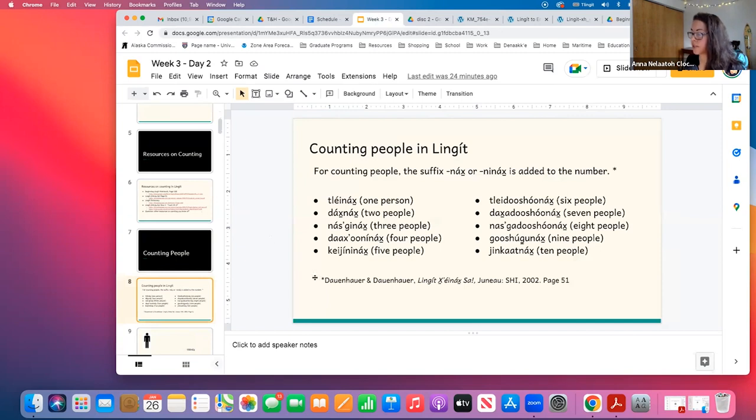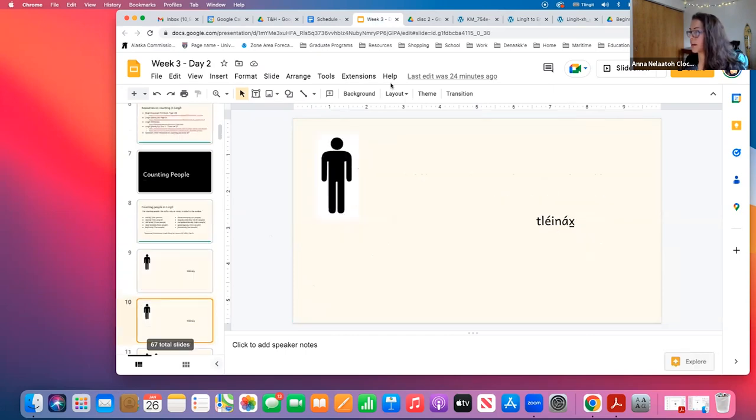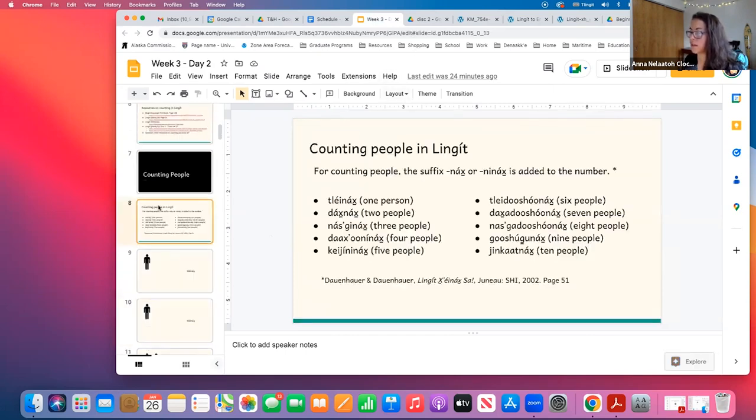Again, this information came from Nora Marks Dauenhauer and Richard Dauenhauer and Lingit Class, published by SHI. Let's practice the different numbers, counting people 1 through 10.